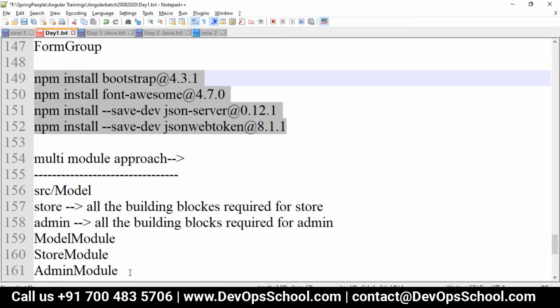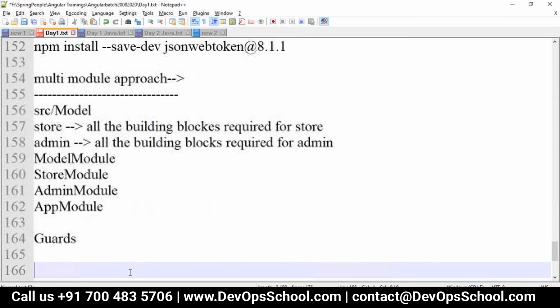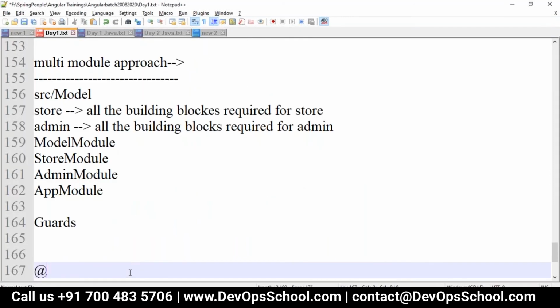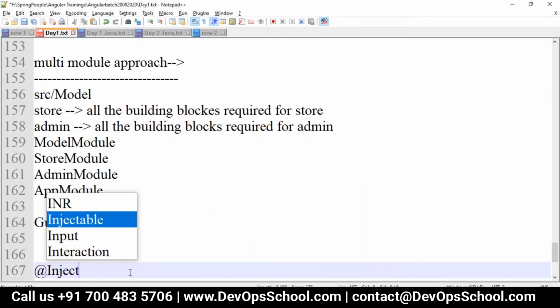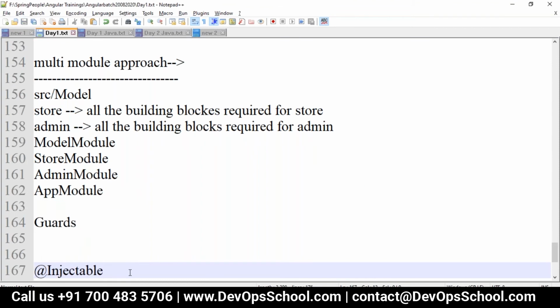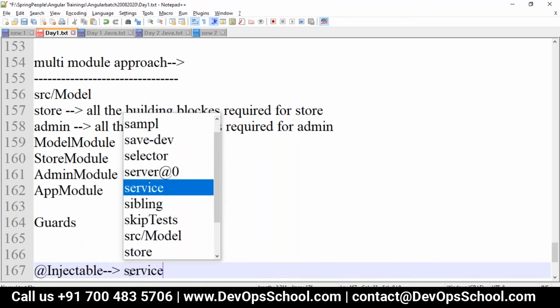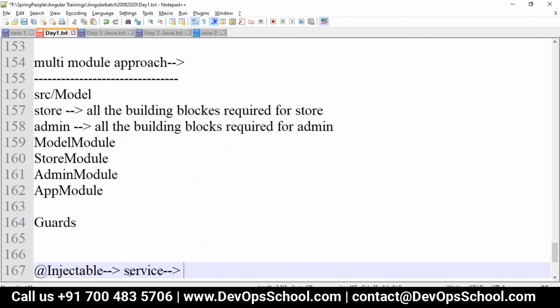Yeah, okay. So we have one more decorator with respect to Angular, which is Injectable. What is this Injectable decorator? The Injectable decorator marks a class as available to be provided and injected as a dependency. Basically, Injectable we will use for the service classes, that is, who will provide the data for us. The data providers, we will use as Injectable.